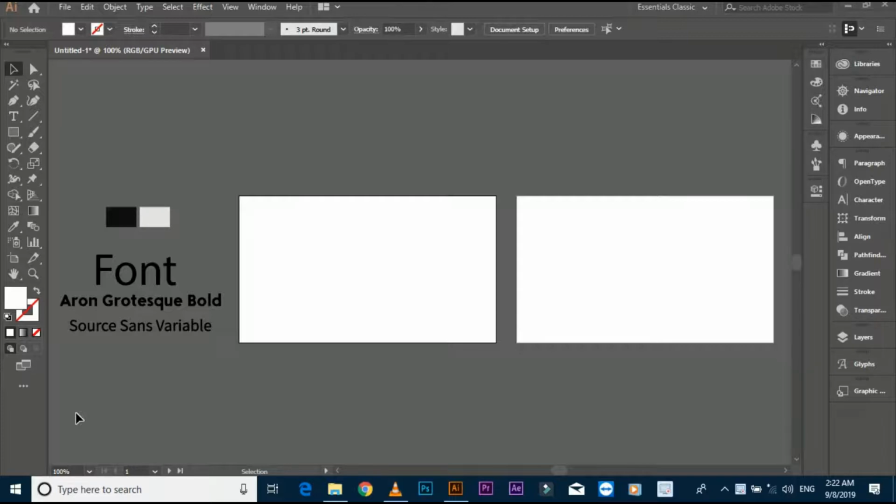card design. I'm using the width of card is 3.5 inches and height is 2 inches and I'm using 2